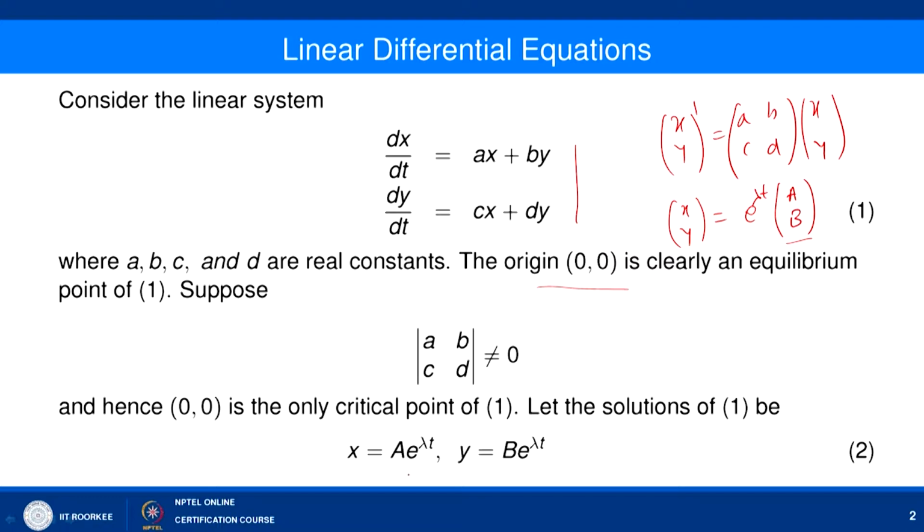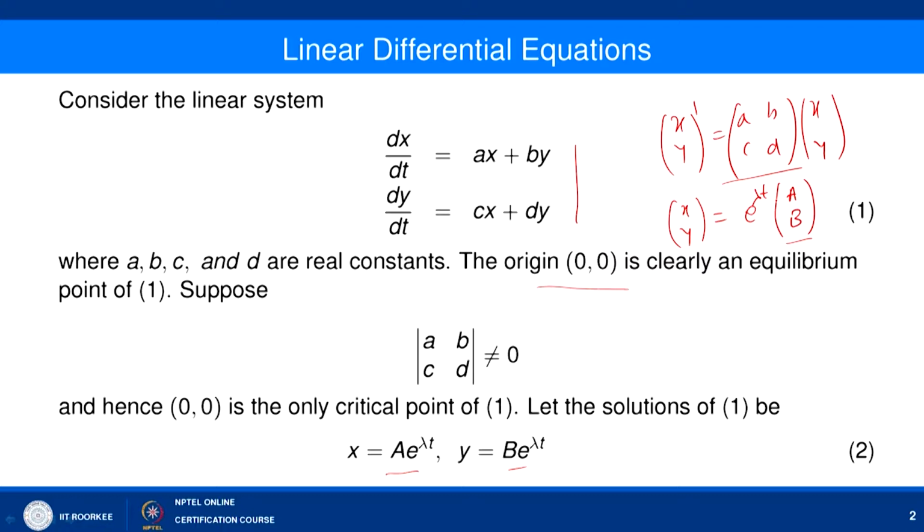So, that is why we are writing that x equal to a e to power lambda t and y equal to b e to power lambda t be the possible form of the solution, and we need to find out the condition for the values of a, b and lambda. Here we have already seen that this lambda is the characteristic root of the matrix A, and a b is the corresponding eigenvector for that eigenvalue lambda here.